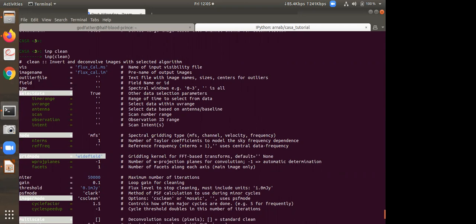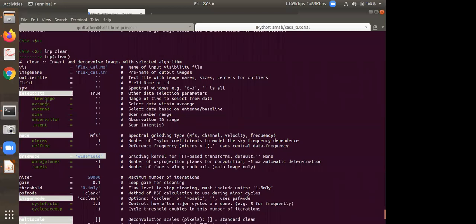Then you can provide a field id, but this is not required because I have only the flux calibrator in my visibility file. You can choose a different spectral window if you have multiple spectral windows. For your dataset you do not have that, but for VLA this is the normal case. So you can choose, say, to image spectral window 0, or spectral window 1 only, or you may want to image spectral windows from 0 to 3. Then you will provide it like that. A small example is also provided on the right hand side.